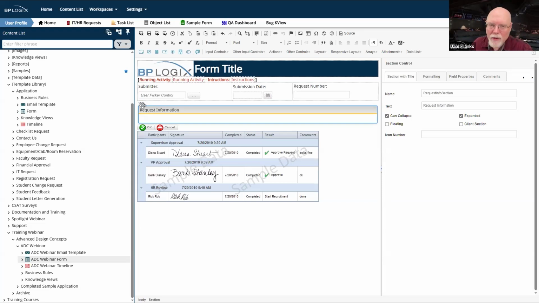And again, the only difference between sections and embedded sections is that the section control has a visual representation on a page. Now, what that visual representation means for a section control is that I can do a set form data. I can set my section to collapse or expand because sections have a value.